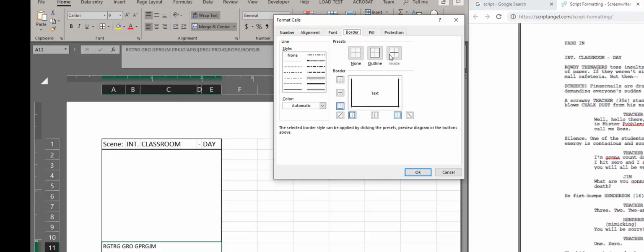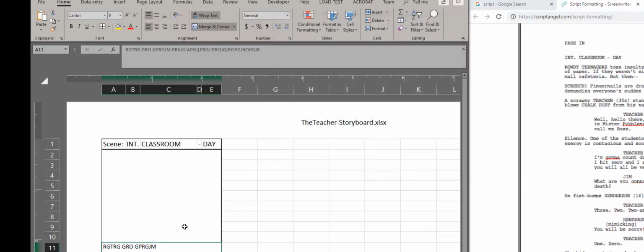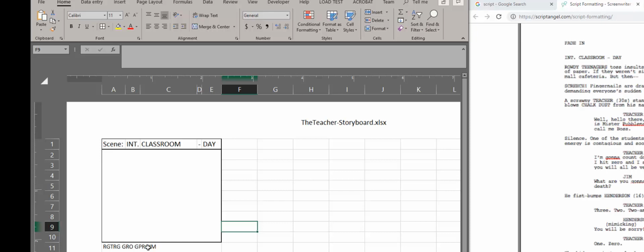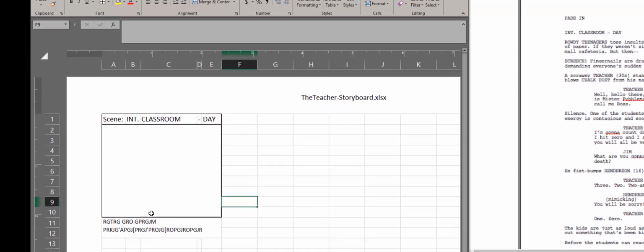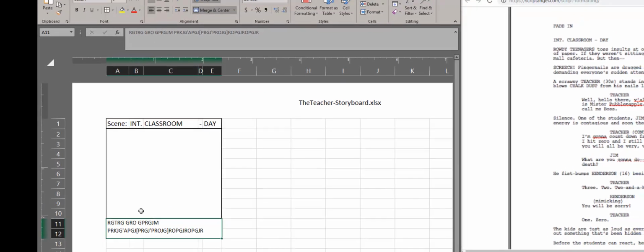And now what I can do is I can select the type of border that I want. So as you can see, I can select in here the border I want and the ones I don't want. And then I can go down here and select the thick border. Then I click OK. And now what you'll see here is that it gave me that thick border, but it removed these other borders, because when I went here and selected this, so I'm going to select it again,